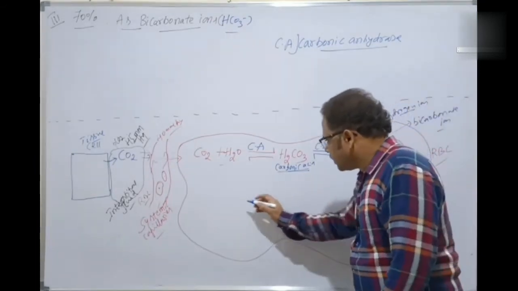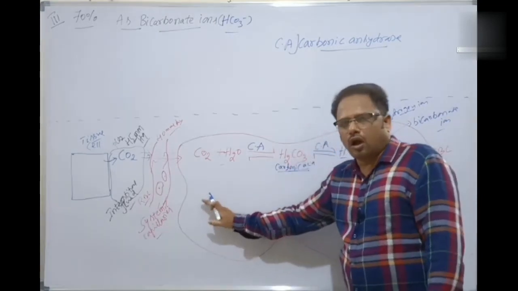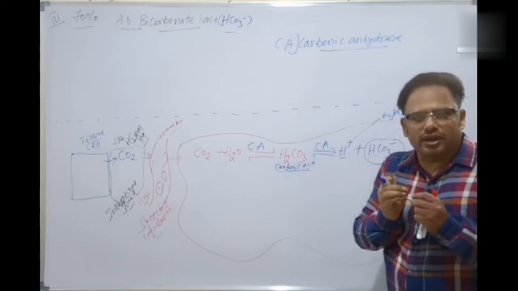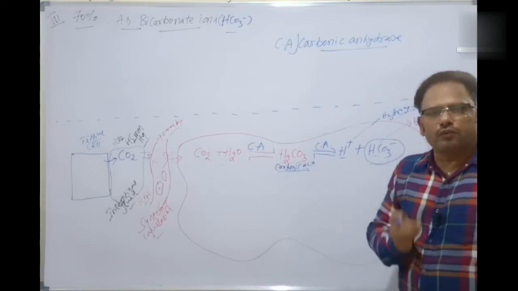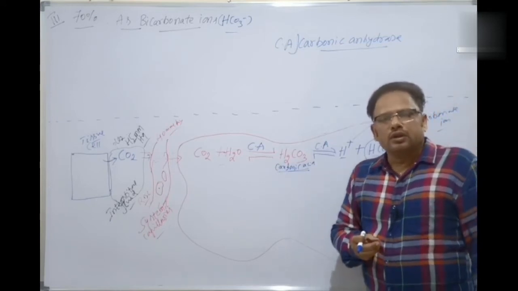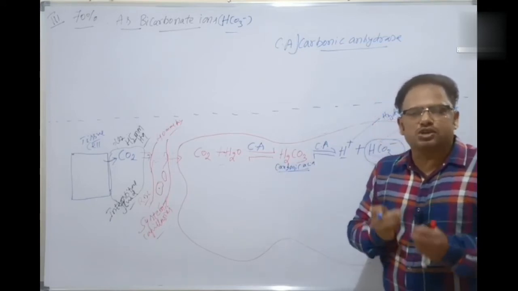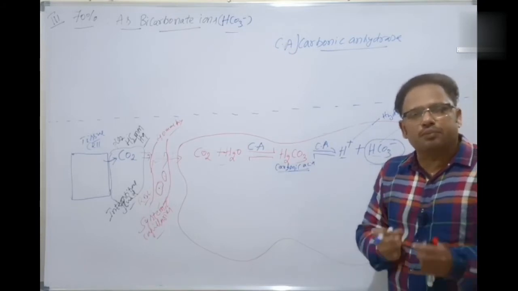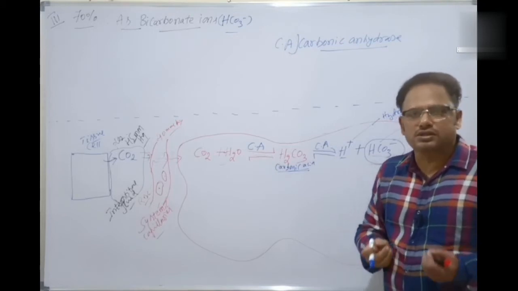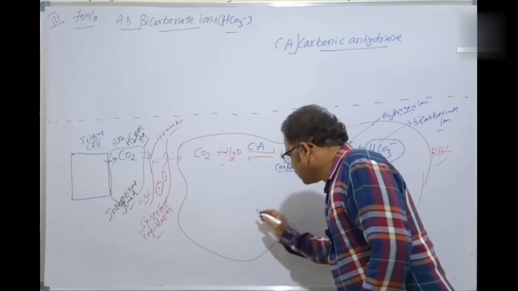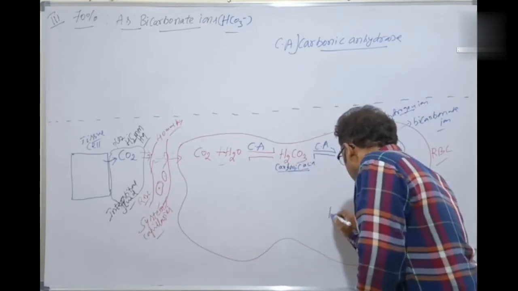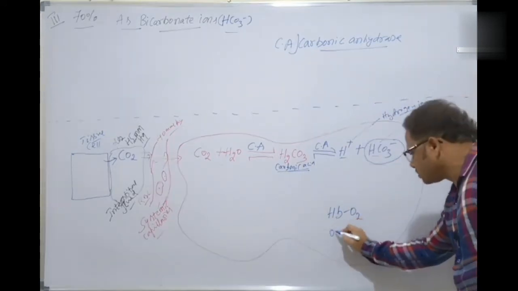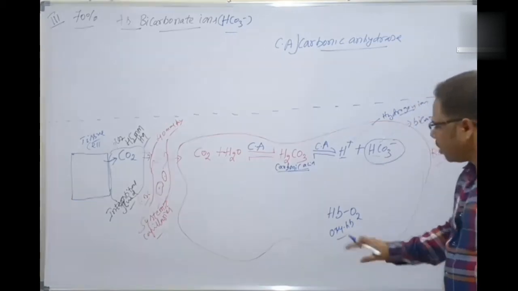Then, already you know, what is present? Hemoglobin. What is the reaction I told you in the previous class? Hemoglobin is saturated with oxygen to form oxyhemoglobin. The percentage saturation of hemoglobin with oxygen is directly proportional to the partial pressure of oxygen, as we discussed in the previous lecture. See here, it contains hemoglobin combined with oxygen, the oxyhemoglobin, already present here.